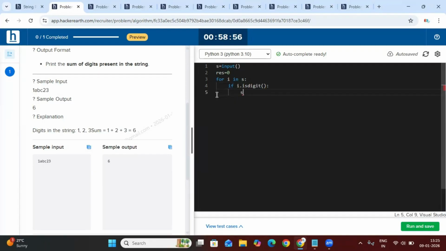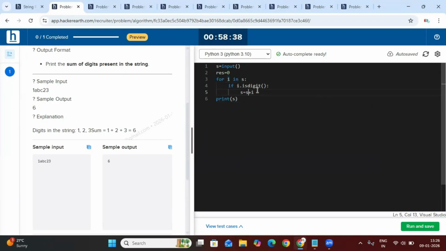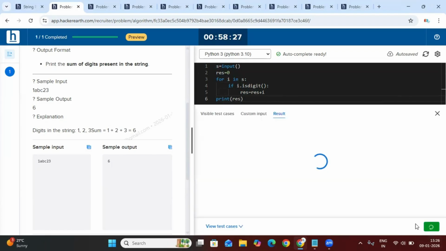If it is a digit, res equals res plus i. Actually, that is in string form, a character. I want to convert that one into an integer. Otherwise, res equals res plus i. If you write this one, print yes. Sorry, res, not s. If you write this one, run and say